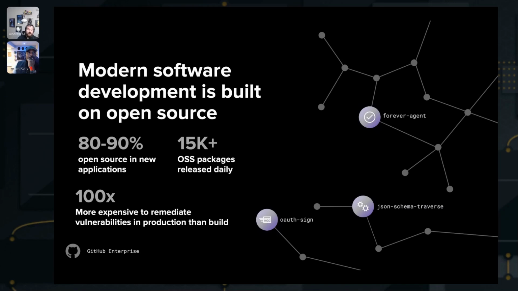It's 100 times more expensive to remediate vulnerabilities in production than at the build. And with enabling these types of best practices, giving your developers the best ability to choose components and automating their ability to keep those components fresh and vibrant is going to be a key to allowing them to do what you incentivize your developers to do: be creative, bring that value to your organization.